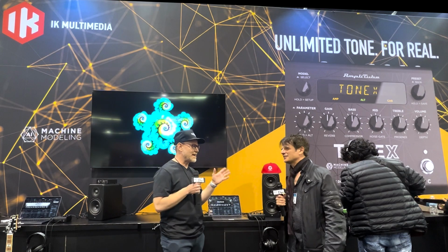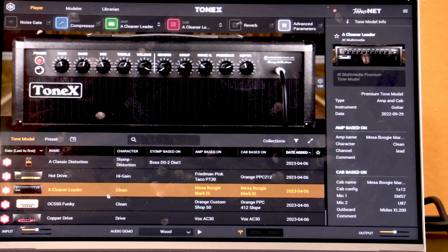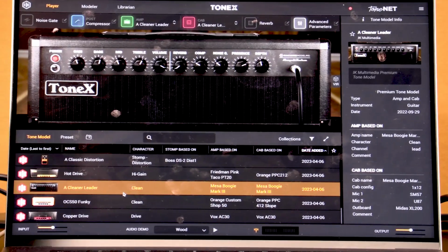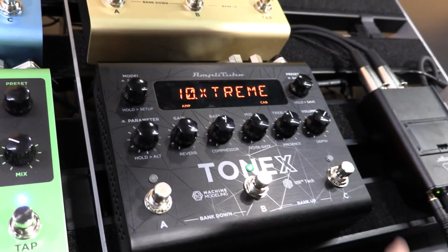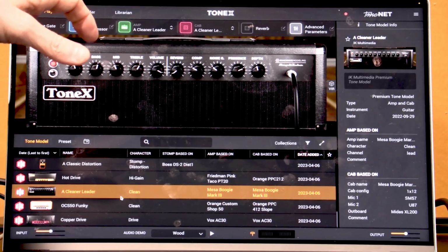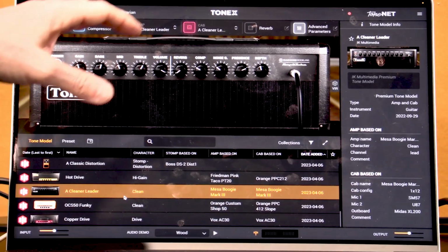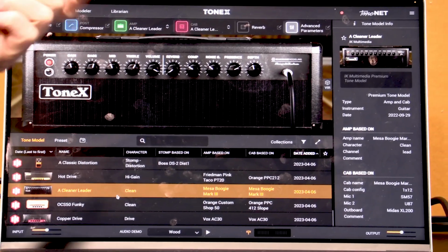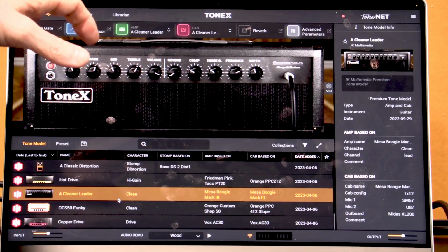So we're excited. We have our TONEX showing off at the show today. In February, we just released our TONEX Pedal. I'll give you a run through in a second on that. But our main thing is our TONEX software, which is the center point of the TONEX ecosystem. And this is where you can play tone models, you can model your own amp, you can even download models from our ToneNet site. So currently we're at almost up to 10,000 tone models that you can find and explore